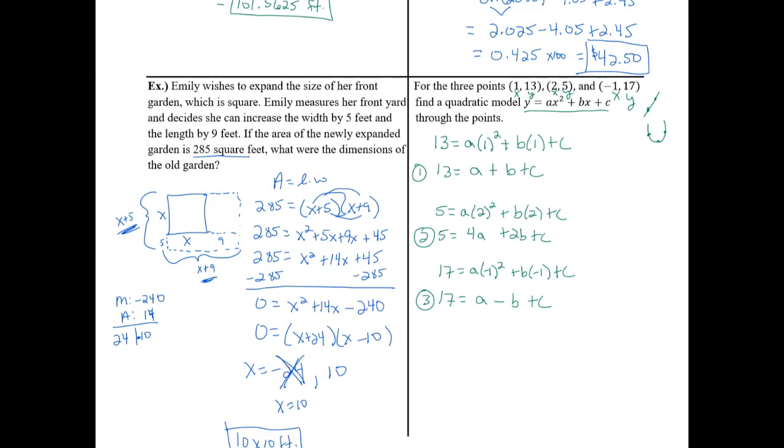And we're going to get, y equals, a was negative 2, x squared, b was negative 2, negative 2x, and c was 17. And there's our